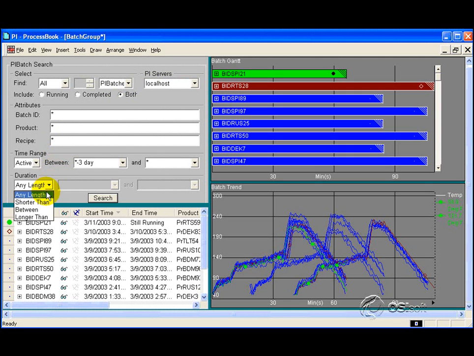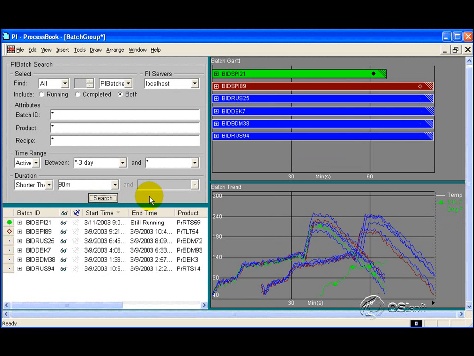I could say maybe I only want to see batches that were shorter than 90 minutes in the last 3 days. If I hit the search dialog, you can see now that these are only the batches that are less than 90 minutes that ran within the